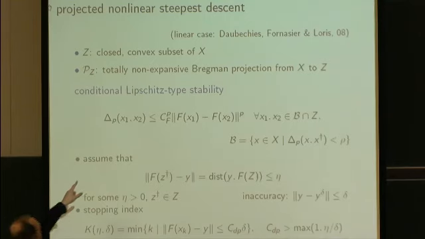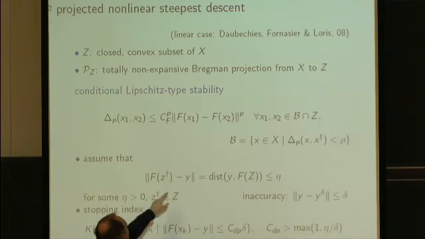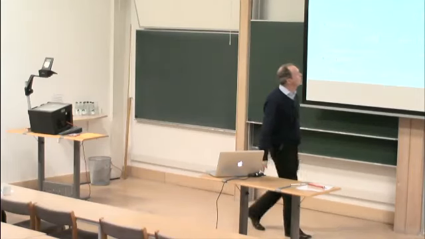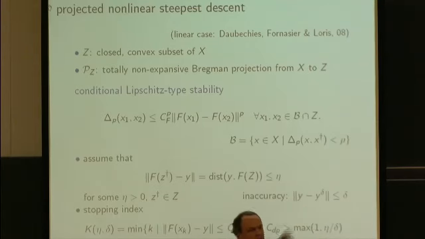And here's your conditional Lipschitz stability condition from before. That's what we have on this particular set with particular constants. And so now we want to get as close as we can, that is the minimum Bregman distance, or minimum norm in this case, eta, to the true solution. And so you can do the same thing and converge and get exactly to that point. Now I want to do it slightly more generally. Since you do approximation theory, you can actually throw in inaccuracy, in some sense statistics, by saying, but I can only do that within a delta accuracy. So you immediately for free get a technique to deal with inaccuracies.